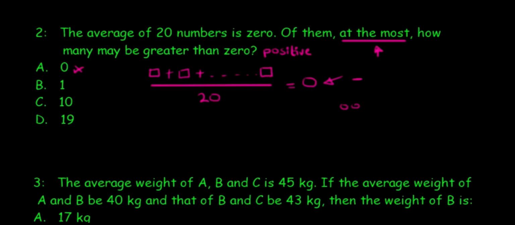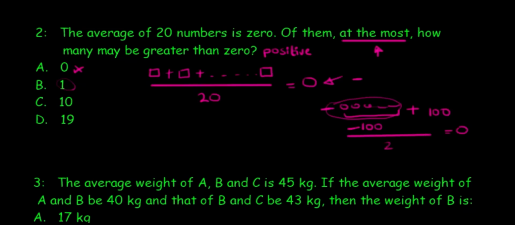Yes, it is very much possible, because let's say I've got 19 numbers here. Let's say the sum of them is negative 100. They are all negative numbers, and then because we're adding up everything, the sum of the negative numbers plus a positive number that we are considering, let's say that's 100. So I've got a negative 100, the sum of all of the negative numbers, plus the 100 would end up giving me a 0, and then I'm dividing by a 20. So 0 divided by 20 would give me 0. So that is possible, actually.